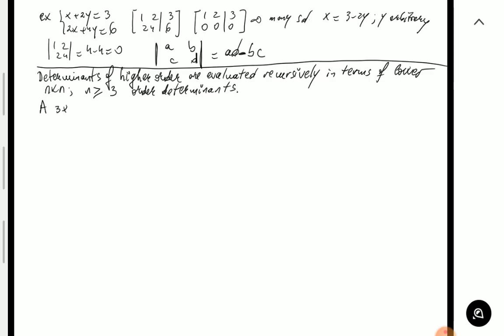A 3 by 3 determinant is basically a linear combination, a summation with some precise coefficients. It's a linear combination of 3 2 by 2 determinants,